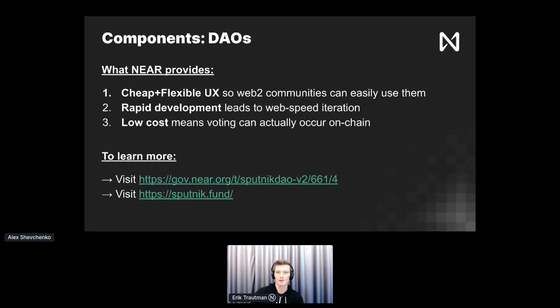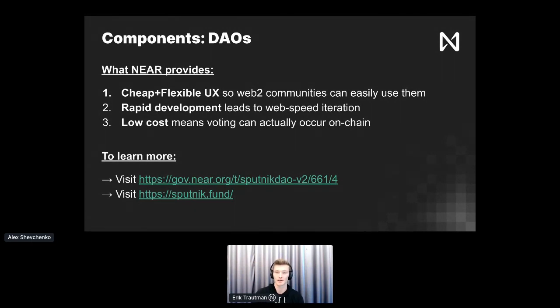So Sputnik is one of the coolest things that we've had on NEAR. So right now, Sputnik is in version 1. There is a forum post you can take a look at on the governance forum, which is around Sputnik version 2. And DAOs on NEAR is something that we're just beginning to explore the full power of, because what's tended